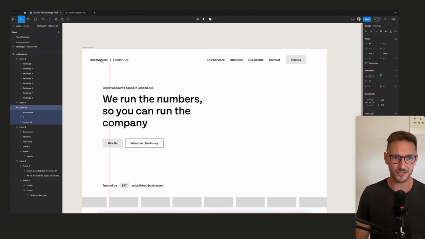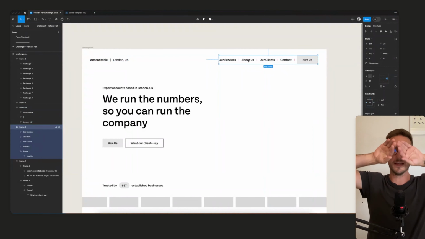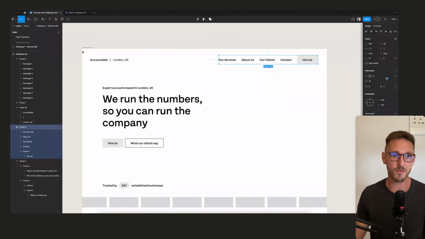And sometimes it's nicer just to have this stuff stuck to the side of the screen. So as the screen expands, the nav bar elements expand to the side, but we keep our content centered in the container. That is an option. So I'm going to run with that for now.